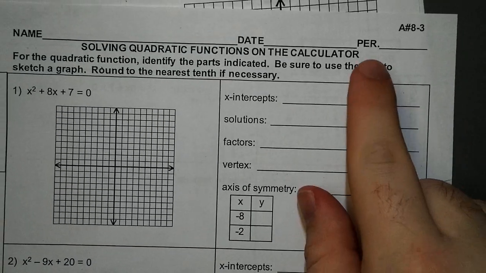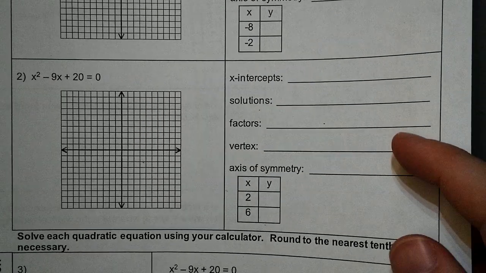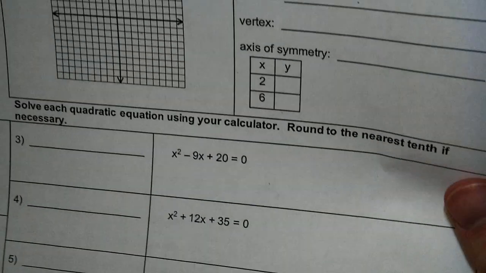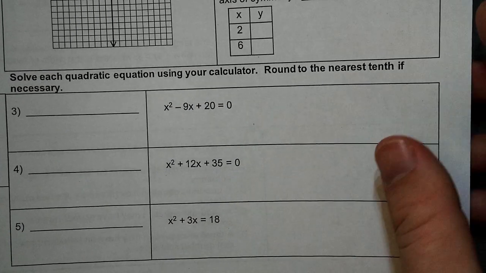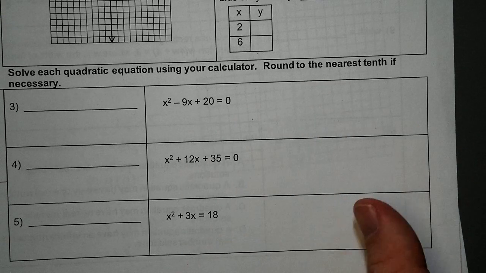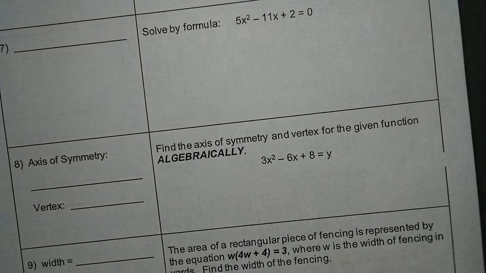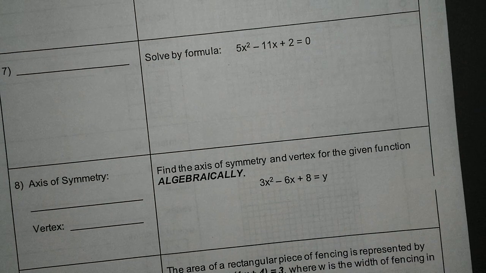Here's your homework assignment. It says 8-3. There are 2 where you're just going to do straight from your calculator graphing, and then there's 3 down here where you're just going to solve. So find the intercepts. You can use your calculator and do those as well. These ones on the back that are review,